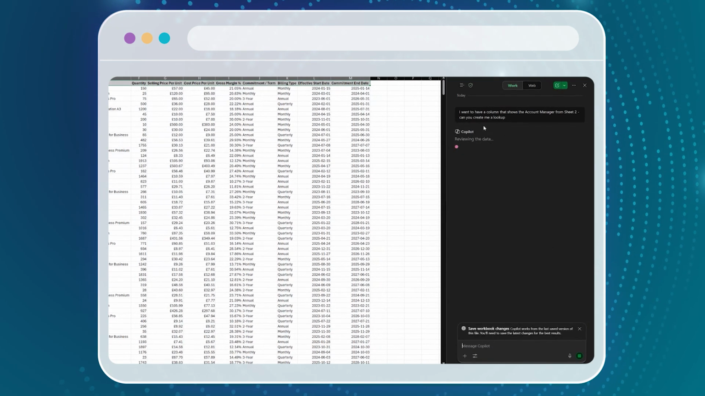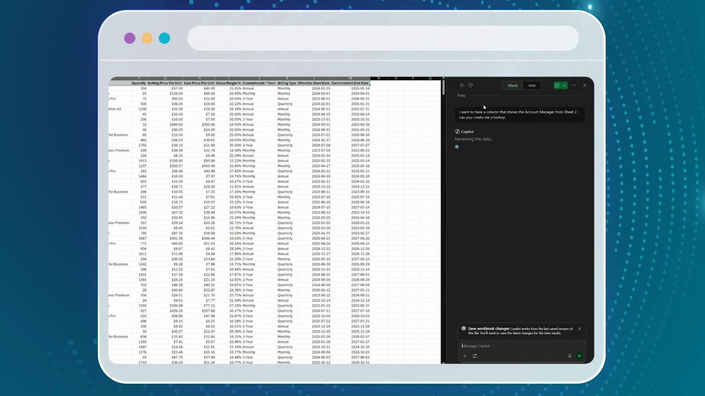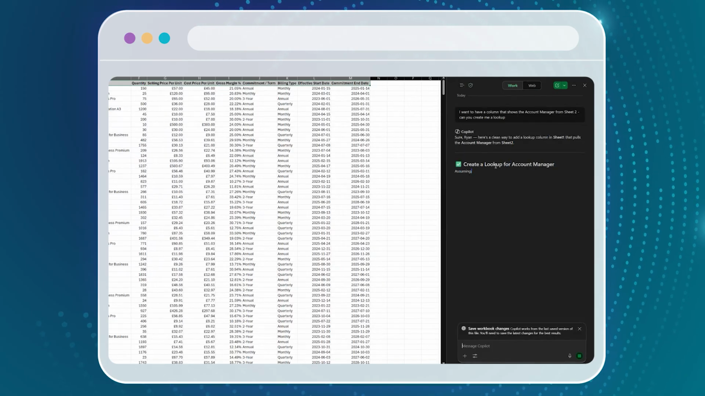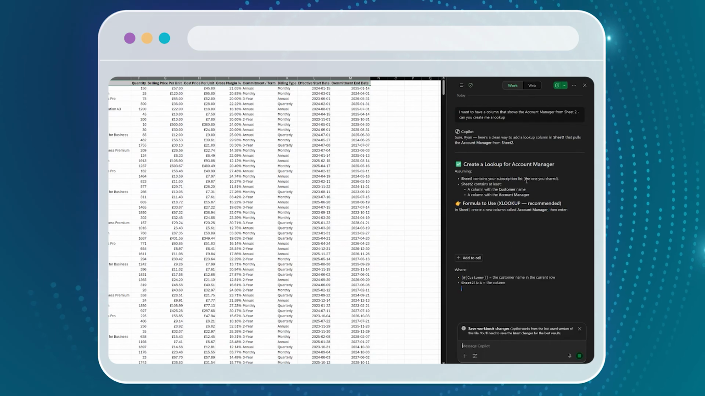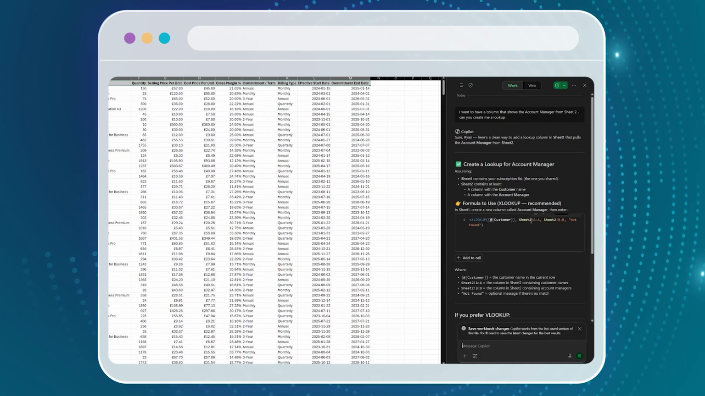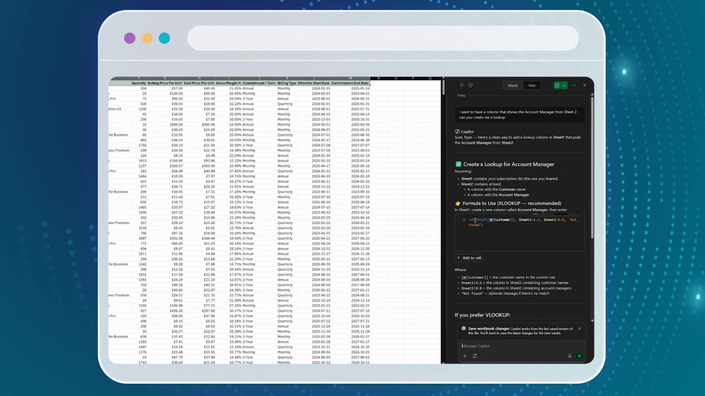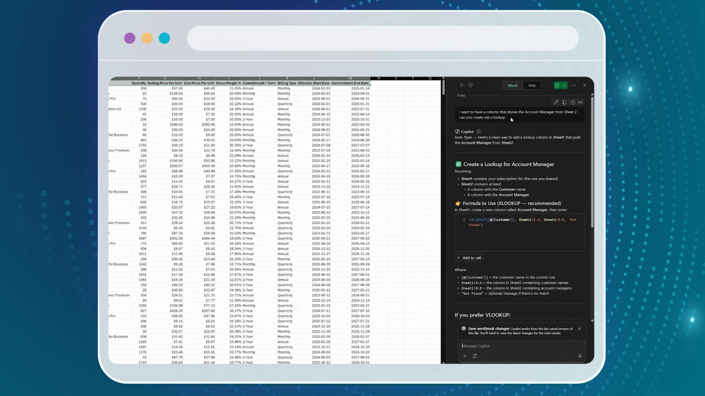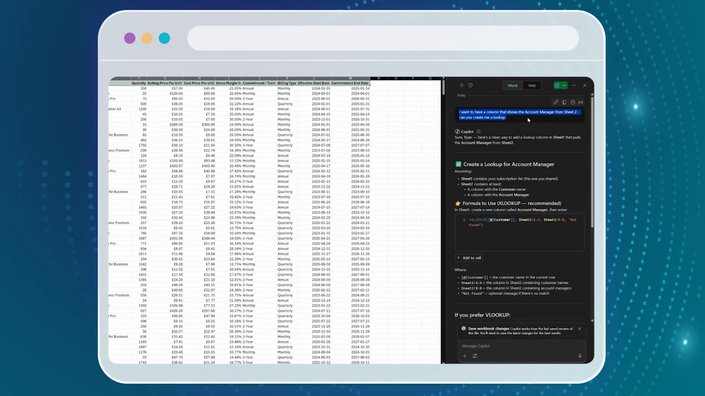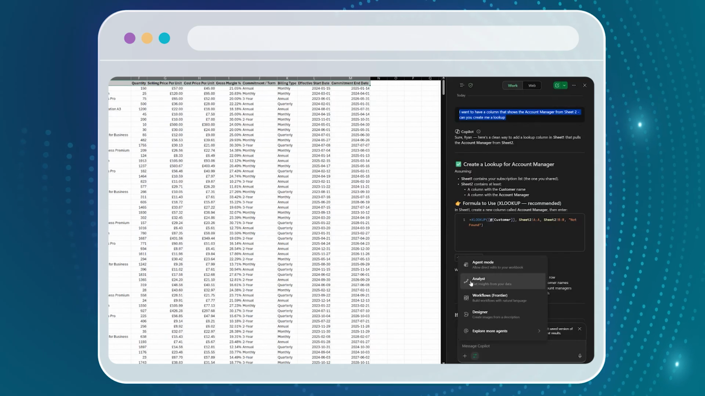So this is the normal Copilot where it will just come up with a suggestion. So you can say, yes, here's how to do it. And it actually gives me a nice little formula that I can copy and paste in. But if I just take this prompt, copy this, and I switch to agent mode,